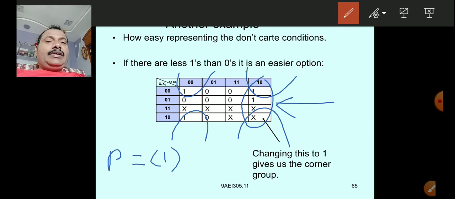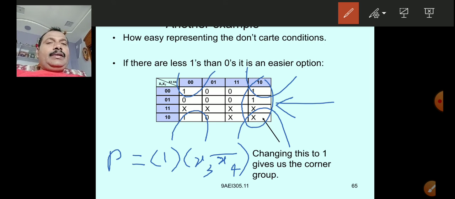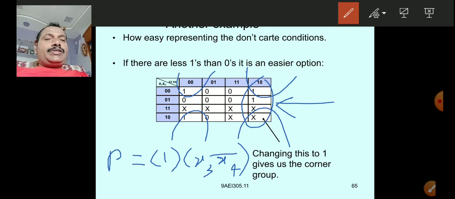And on the column side, x3 and x4, the two elements are not changing, hence it is x3 x4 bar. Next, in the second quad, take the four corners of the quad. If you observe, this quad is occupying two rows on the row side and two columns on the column side. So write like this: